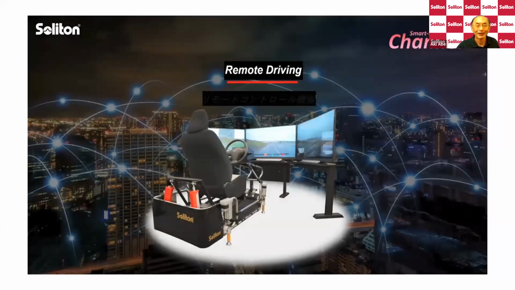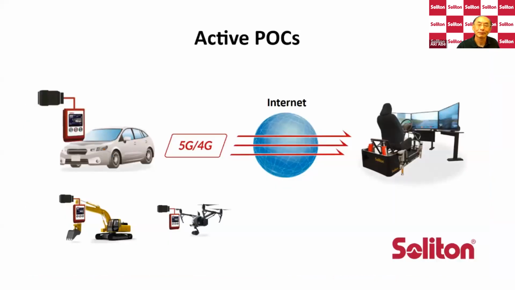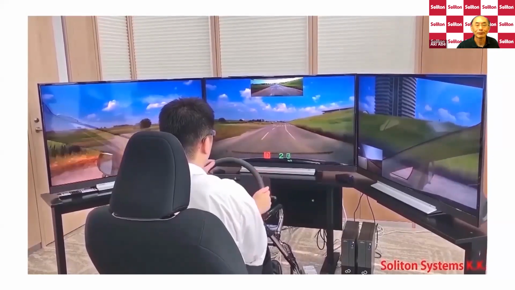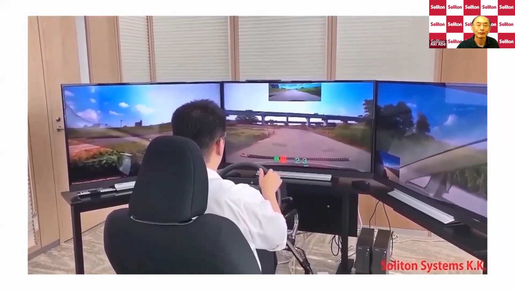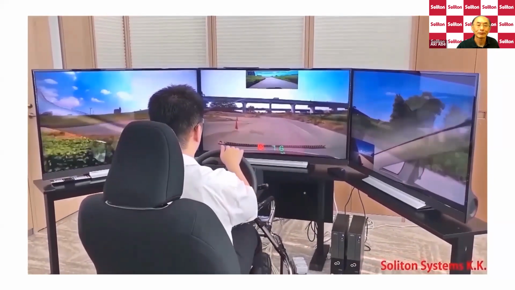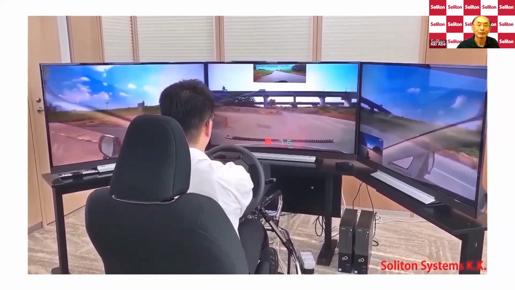Let's take a look at this simple remote driving. Video and communication signal has been transmitted with a 4G network. You will see this bucket seat is vibrating because it's synchronized with the communication signal.